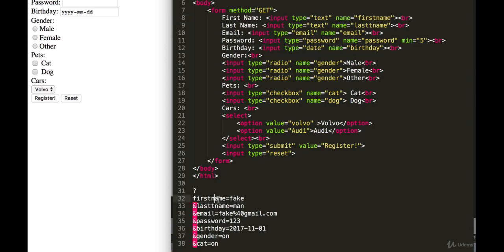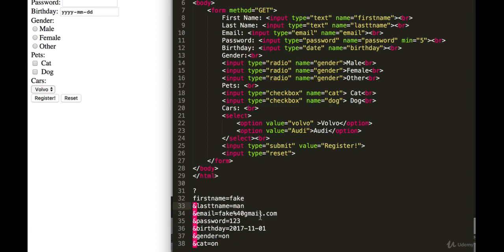So that's property and value. So you can think of name as property and the value as man. So last name, first name. You can see here that there's an and sign. So that's again saying first name equals to fake and last name equals to man and email equals to fake,